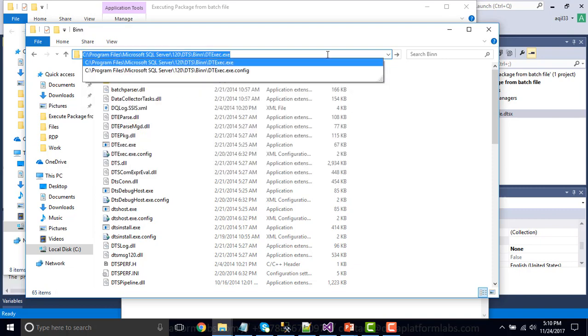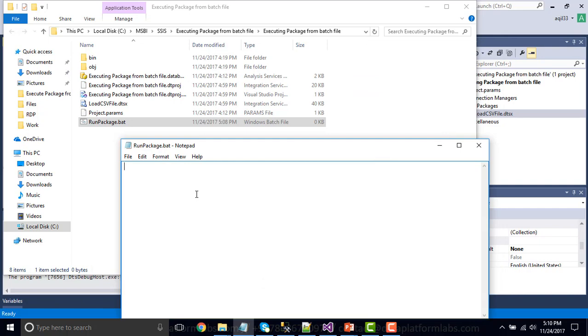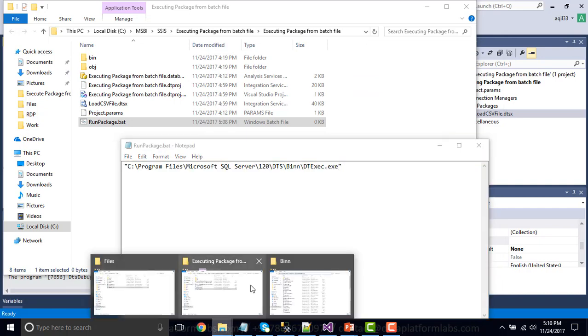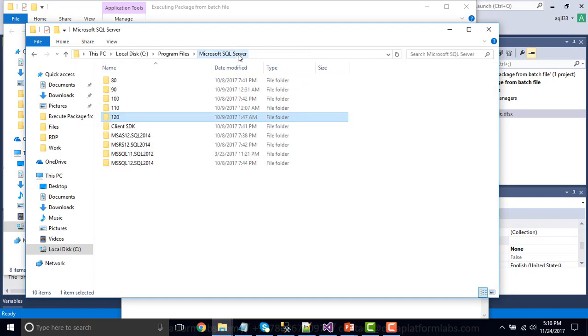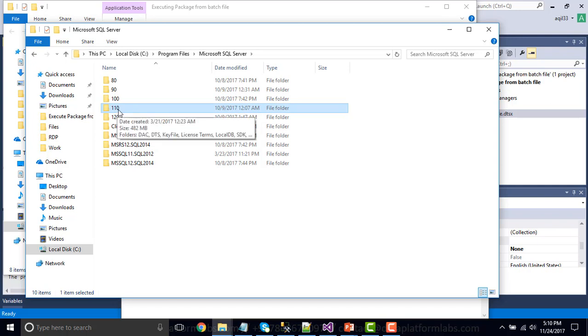So you can copy the full path of this particular file. Okay, so there's one thing at this particular location: based on your SQL Server installation, it might be possible that you have your dtexec file inside the 110 folder or 100 or 90.